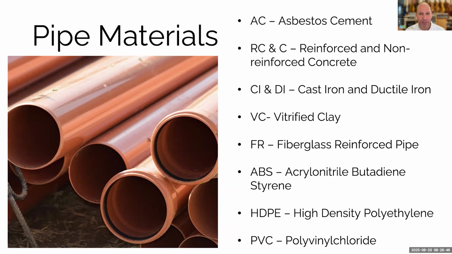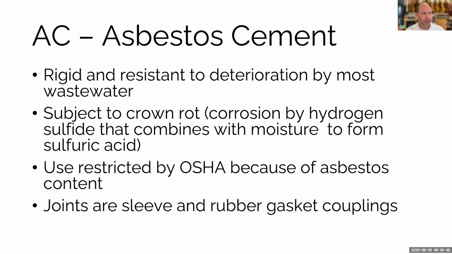contraindications. So looking at asbestos cement, it's not typically installed anymore because of the asbestos issue, right? OSHA has restricted its use, and this is something you want to be very careful around if you're doing maintenance, because if you're cutting into this stuff, you're releasing asbestos fibers, and they cause lung cancer. That being said, it was used for a time because it's really strong and really resistant to deterioration by most wastewater. The one thing that it and pretty much all metallic and cement pipes are susceptible to is something